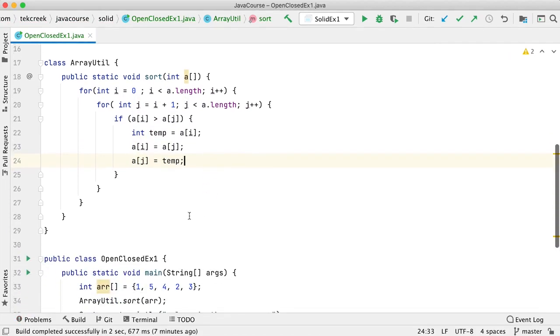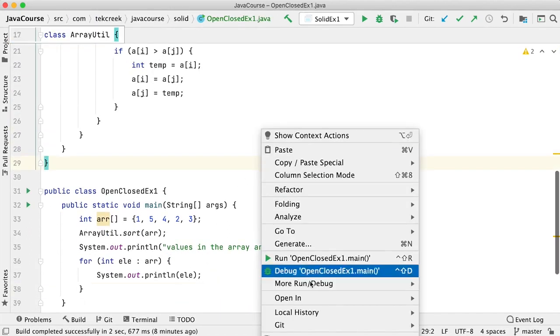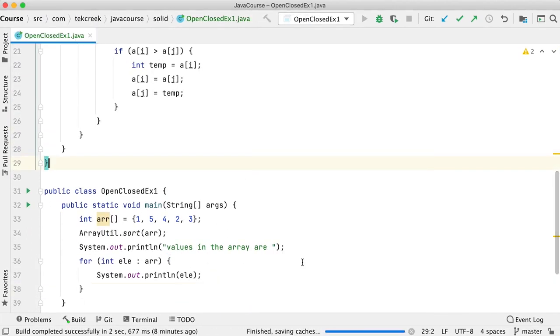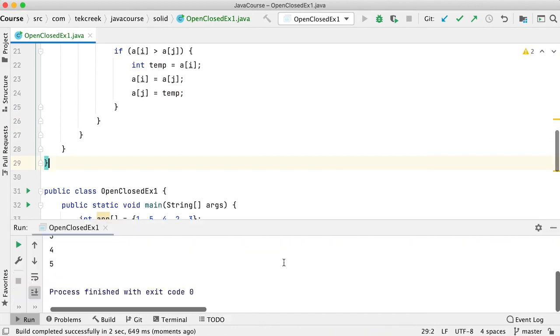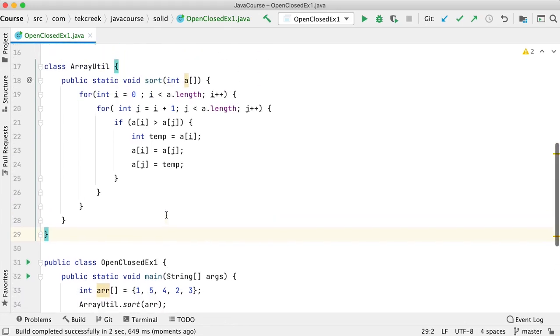Let's see if this logic works. I'm going to run it and see. So we got 1, 2, 3, 4, 5. It looks good. Let's now begin the questions.